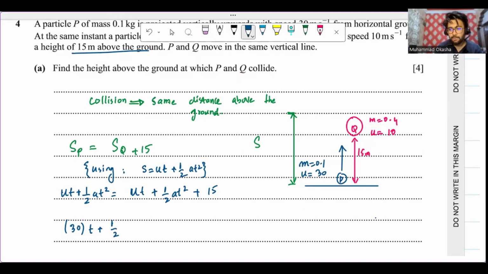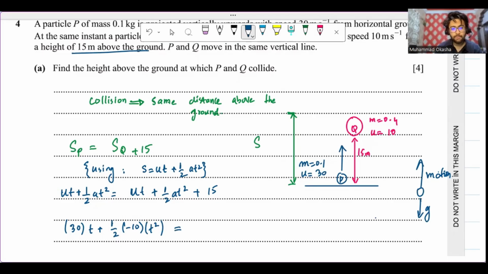Both particles are moving upwards, and whenever the particle is going upwards, the acceleration is downwards. If the motion and the gravitational acceleration have opposite directions, g is taken as negative 10. So the acceleration is negative 10,